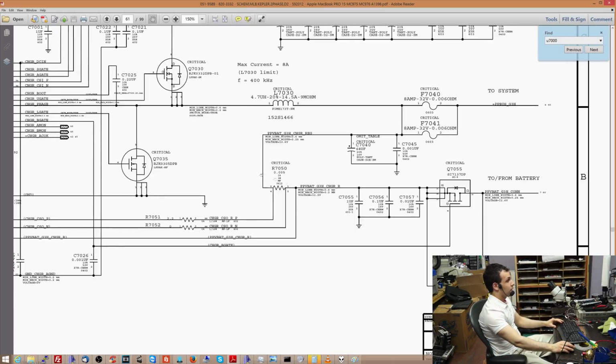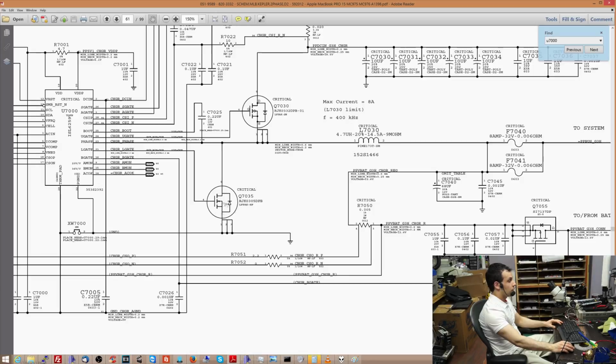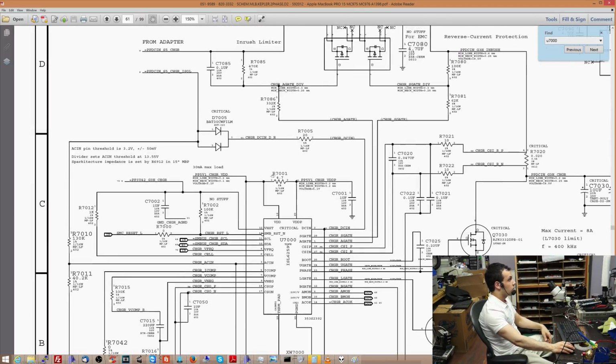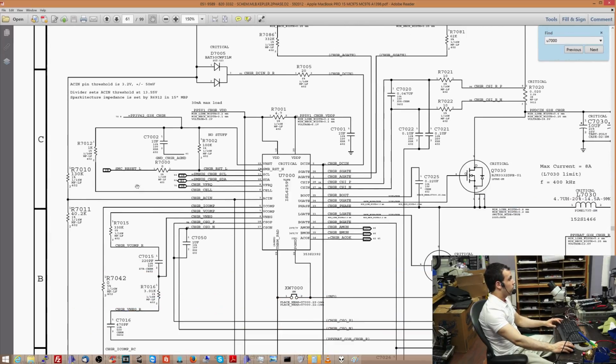Another thing that can happen here: a transistor can short to ground. I'm going to talk about that in another video about what a transistor does and the fact that a transistor is just a resistor whose value can change. A resistor can very easily come open as well. So right over here,